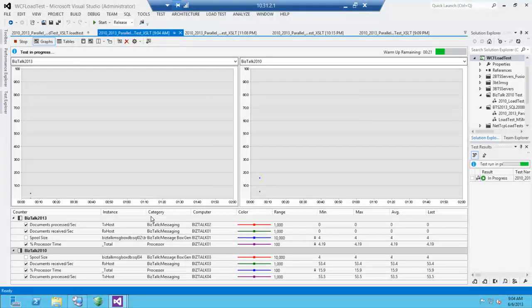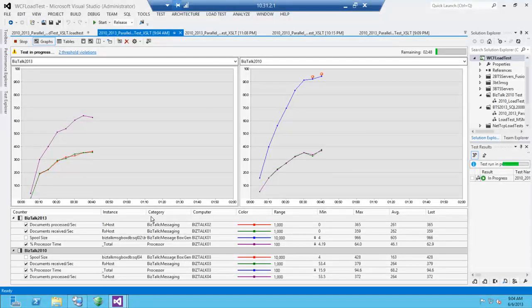total amount of CPU that it takes, and the total depth of the spool as it processes. So when you see this, the blue line that is picking up on the right side, that is the 2010 environment. The one on the left side is the 2013 environment. So you see that the CPU is spiking up pretty high on 2010. You will see that it hits almost as high as 95% for processing a similar load. So which also gives me, like if I change the parameter, instead of passing an equal number of messages to